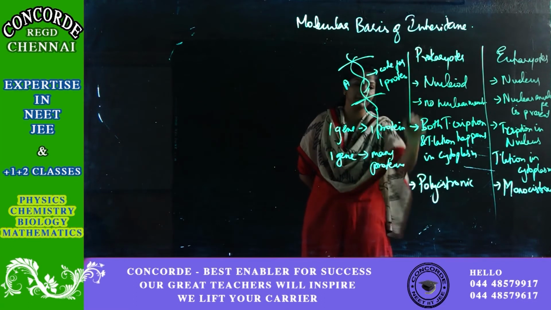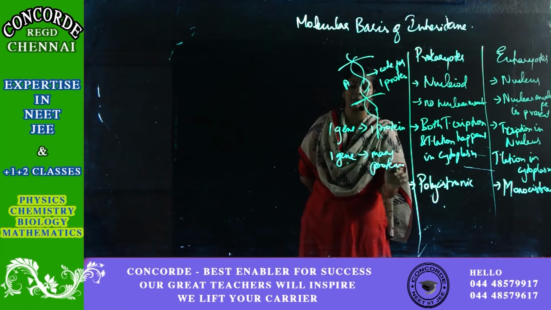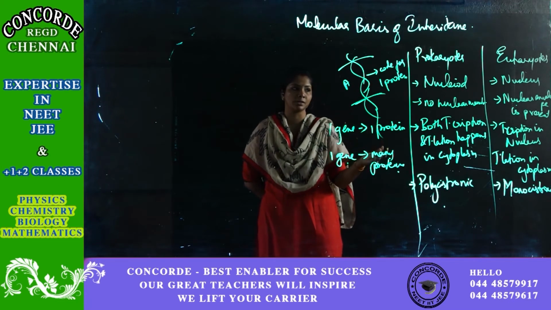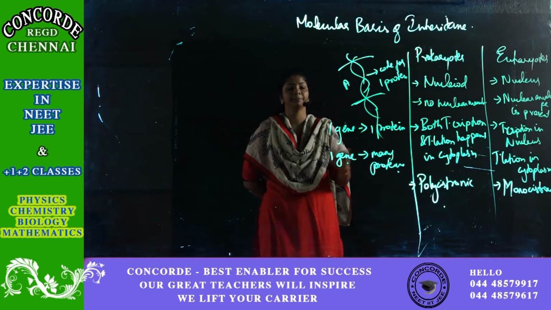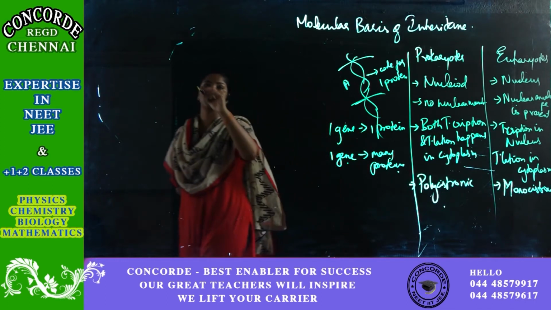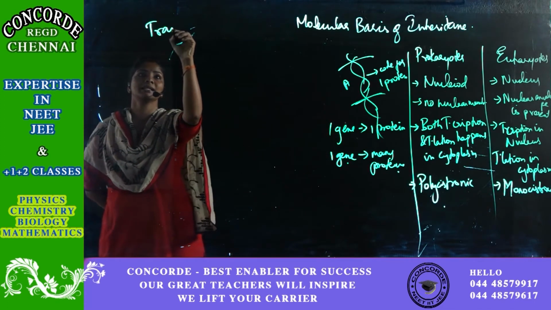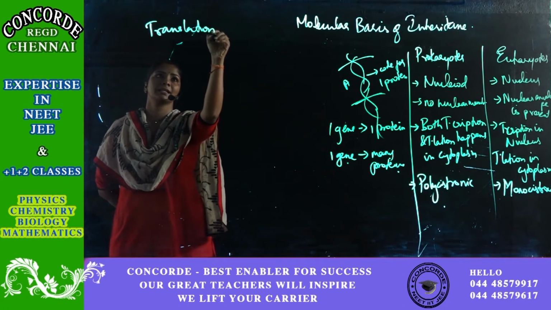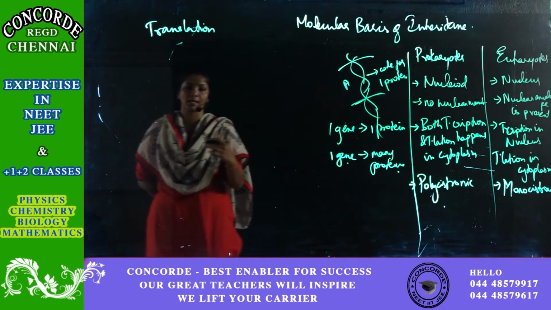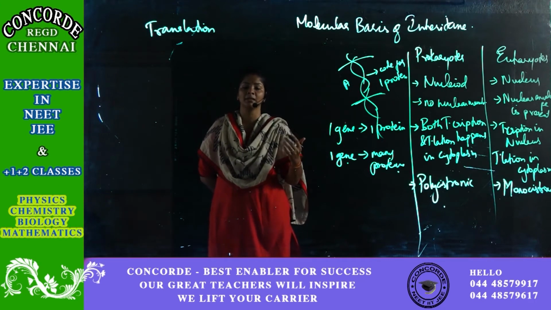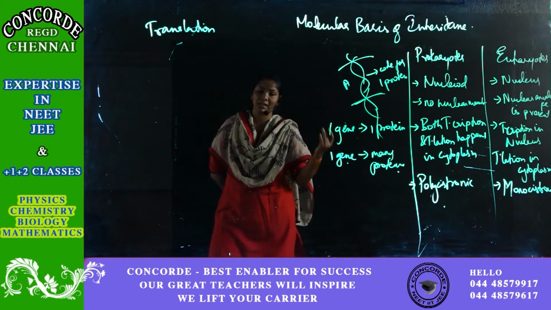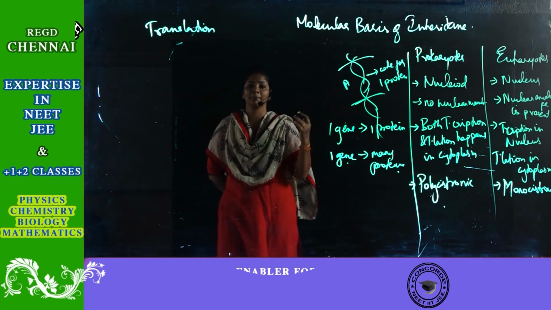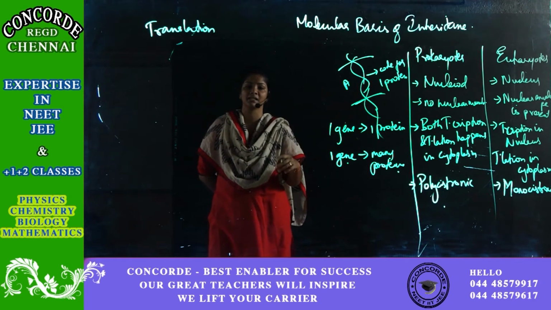So their genes will be polycistronic. One gene will code for multiple proteins. So prokaryotes are polycistronic and eukaryotes are monocistronic. Okay. Now, let's see about the process of translation. We've seen transcription and post-transcriptional modifications, that is capping, tailing and intron splicing. Only after these processes I'll call it mRNA, and before that I'll call it hnRNA, the heterogeneous nuclear RNA.